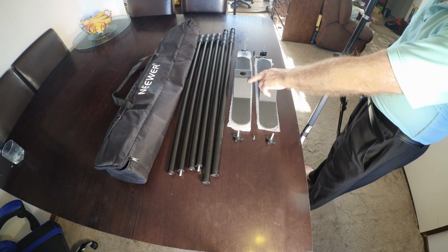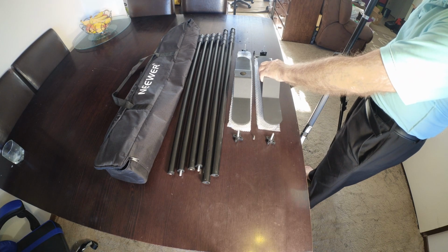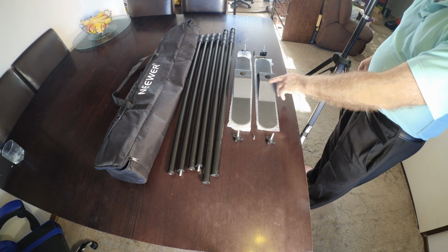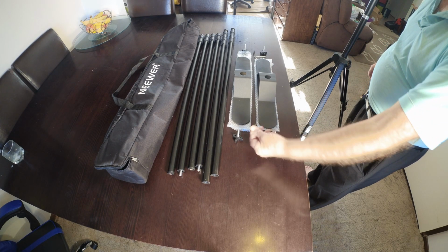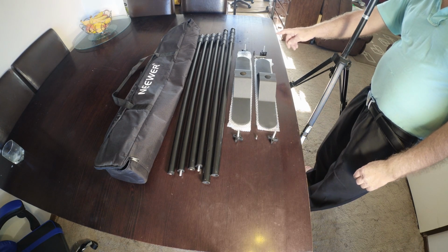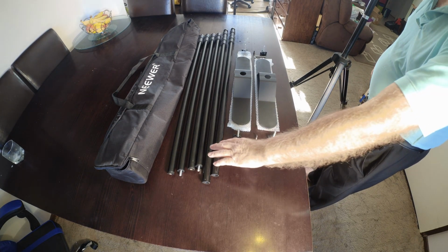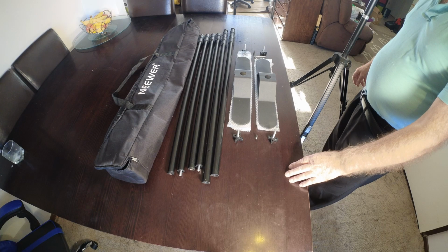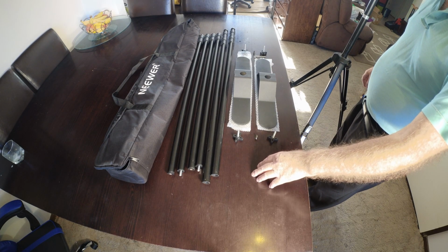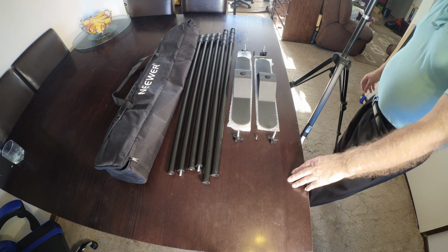We've got a couple of metal stands, they're reasonable weight to them, so that should hold the frame in place. A couple of little screws, Allen key on the other side over here. We've got 2 uprights, 2 for the base, 2 for the top. They're all telescopic, and they feel pretty good actually, so I don't think I'll have any issues with flexing, but